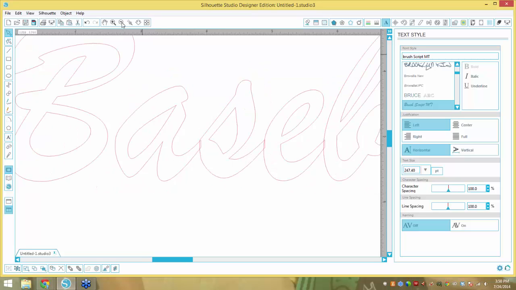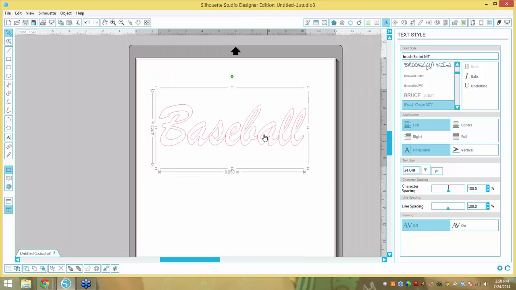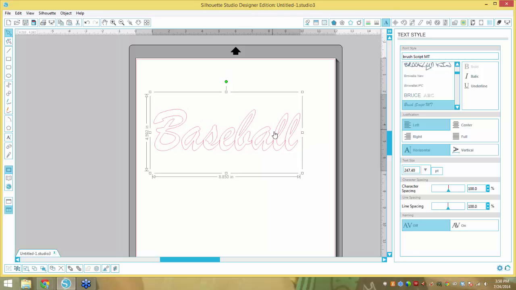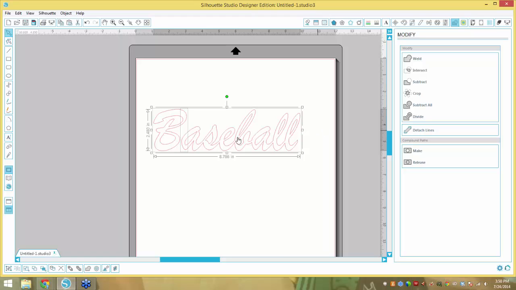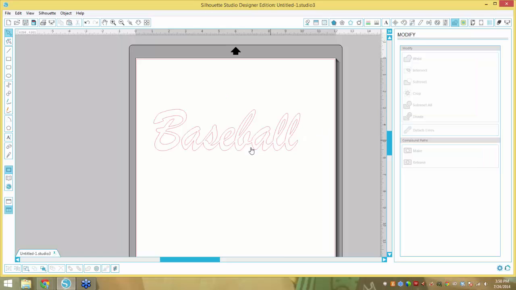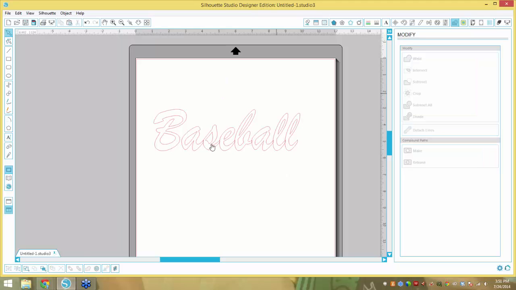So basically, anytime, and the cool thing about Designer Edition, it shows you in the wireframe here like this, so you can actually see where all those cut lines are. Well, to get rid of those real quick, an easy way to do it is you can come up here, and if you hover over this, your modify window, and then right here is our weld. If I just click on weld, see how those all went away now? So now it welded all those away. So now we have nice smooth cuts for when we're going to be weeding it. All right, did everybody see that? So I'm going to hit Control Z as in zebra to go back